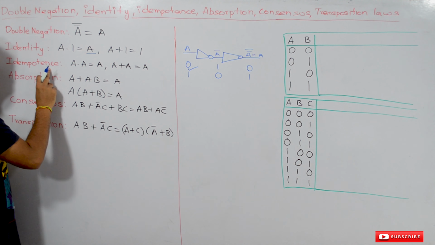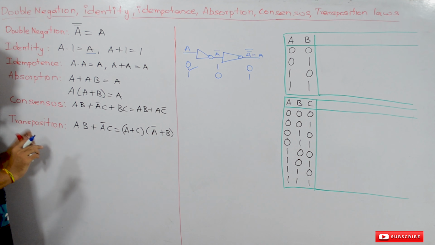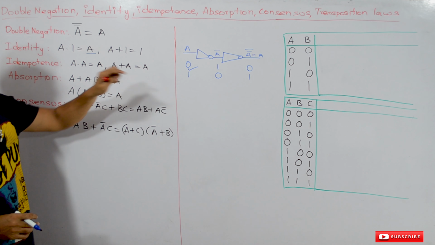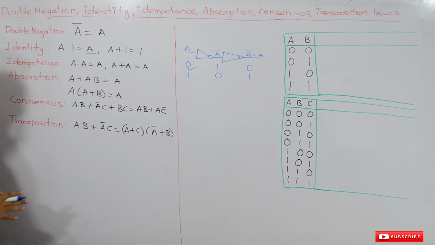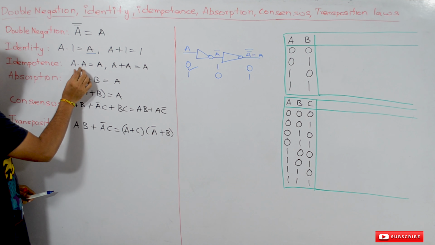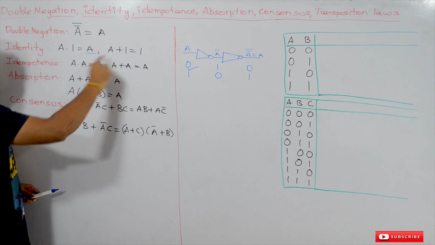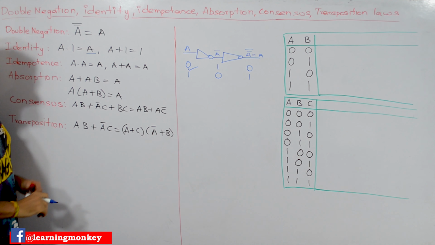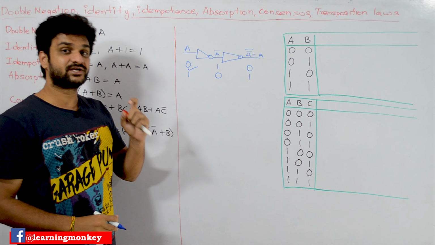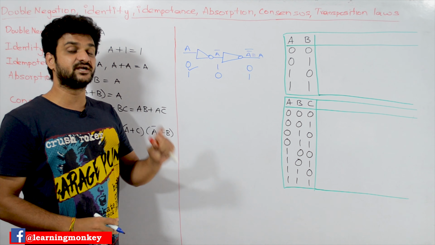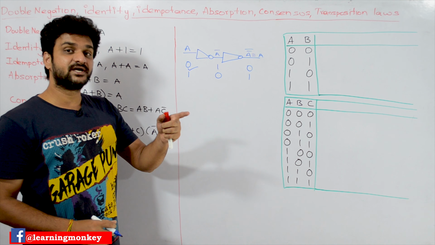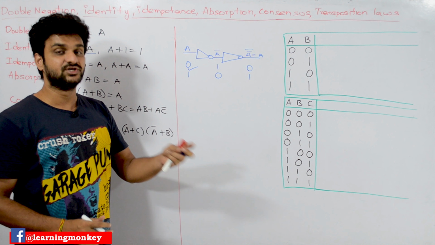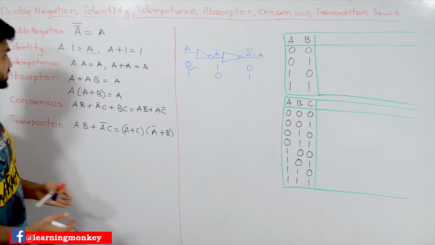Now this is what we call the idempotence law. These laws were also covered in AND laws and OR laws, but based upon the values within them, we are going to discuss it again. What does idempotency mean? Same values. What is the output generated with the AND and OR operators if the same values are used? That is what we call the idempotence law.